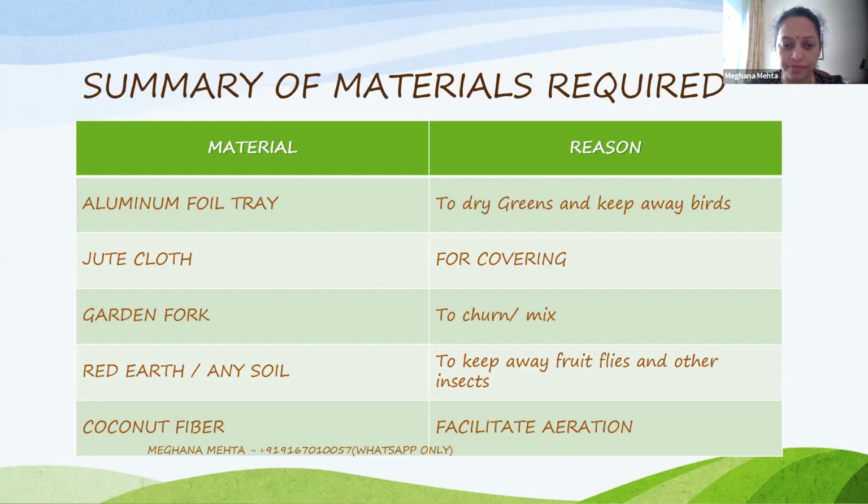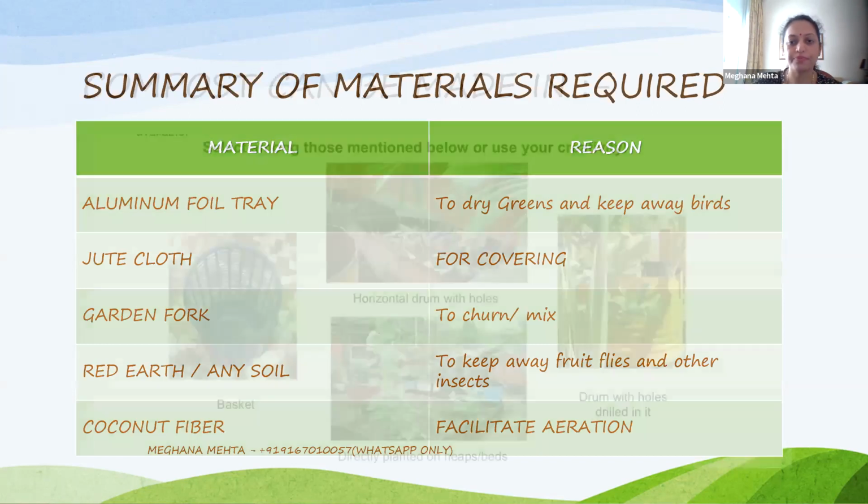Then we need coconut fiber to facilitate aeration for the microbes, so that there is aerobic respiration and no foul smell coming from our compost. This can be coconut fiber, it can be bagasse, it can be dry hay that we get in the mango boxes, though not in the season. Now we'll have to wait for mango boxes next year. But till that time, coconut fiber is also easily available with the vendors in the market.